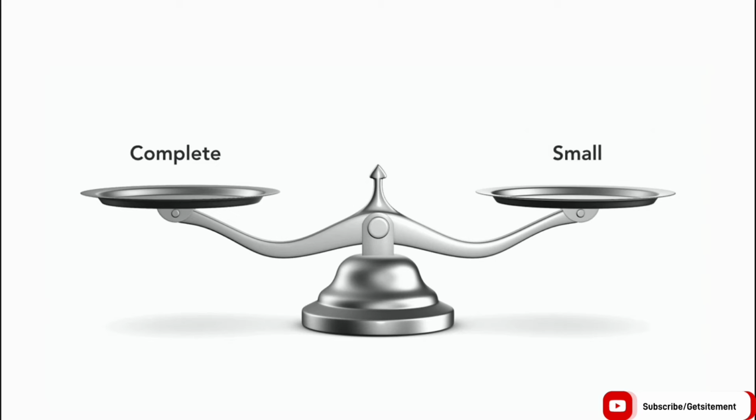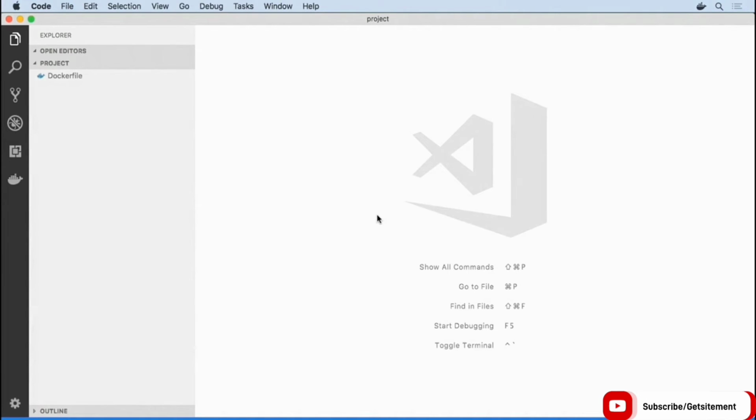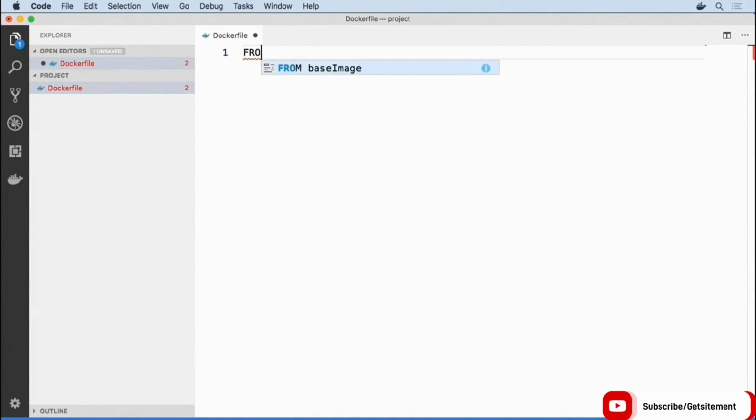So people often do things like make two Docker files, one for their daily life and one for production. These get out of sync, and that's a problem. So recently a new feature was added to Docker files called multi-stage builds. To explain how this works, let's start by making a small Dockerfile from Ubuntu 16.04